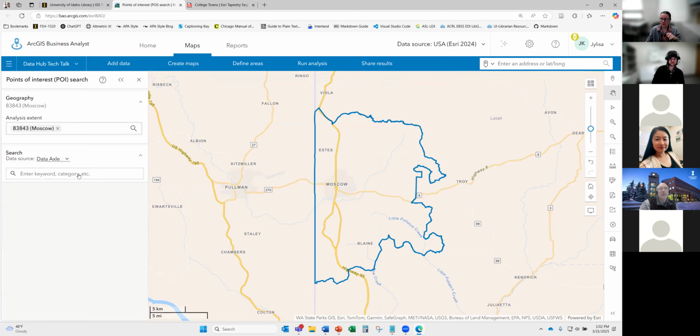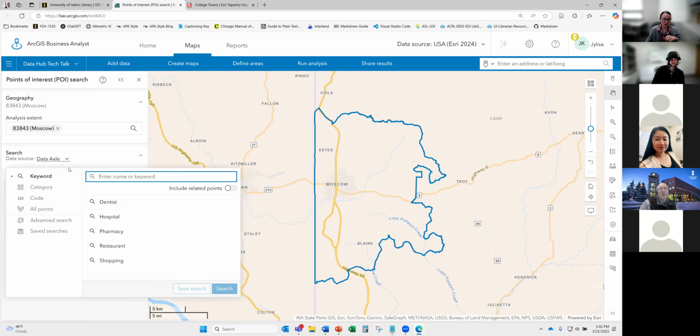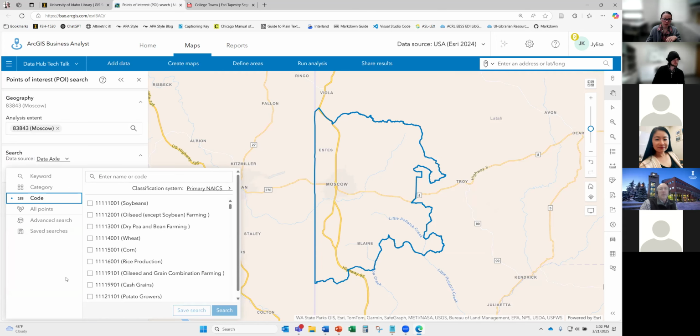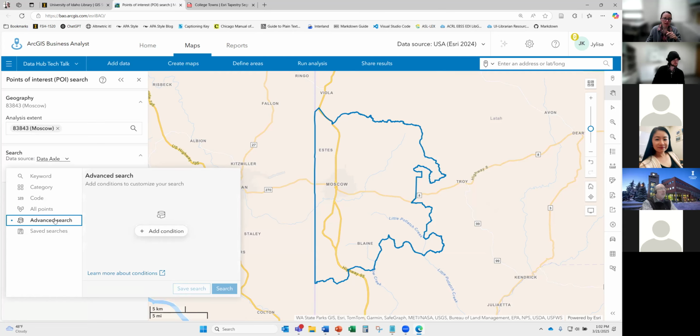From here is where we can choose the data that we're interested in for this point of interest search. So we could look for businesses based on category, or based on keyword. We can look at category. We can look at NAICS code. We could also choose SIC code if that's what we were interested in looking at. We could also do some advanced searches where maybe we're looking for